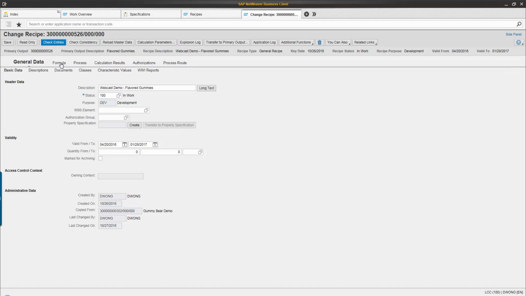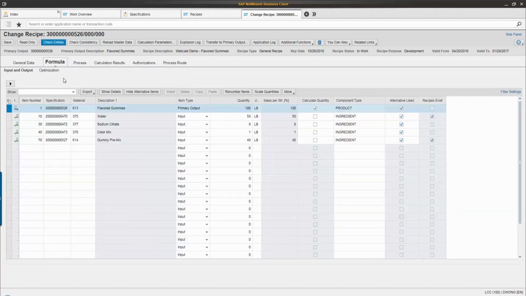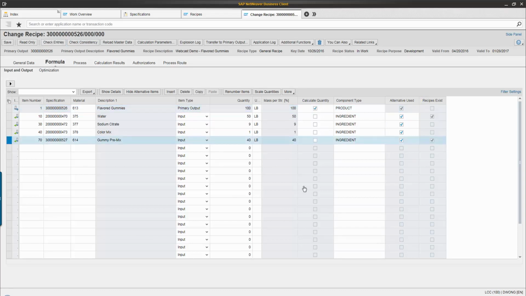Moving over to the formula, which is a simple one, you can see the list of specifications. The first line, flavored gummies, is the primary output specification, which is what we're making. Subsequent specs are the inputs or ingredients. You can see the materials that are associated with the specs, the descriptions, and quantities which automatically total. And on the end, you see check, which means recipe exists, which means this gummy premix is itself a nested